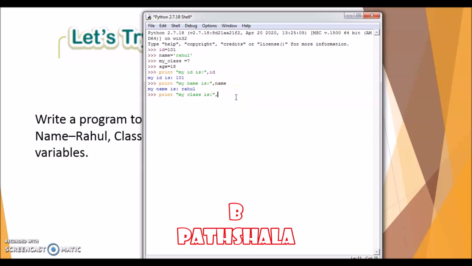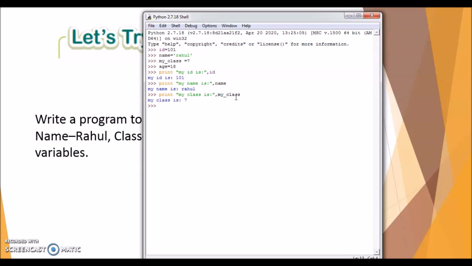As you can see, whatever statement I want to be displayed on the screen is displayed with the help of the print statement.